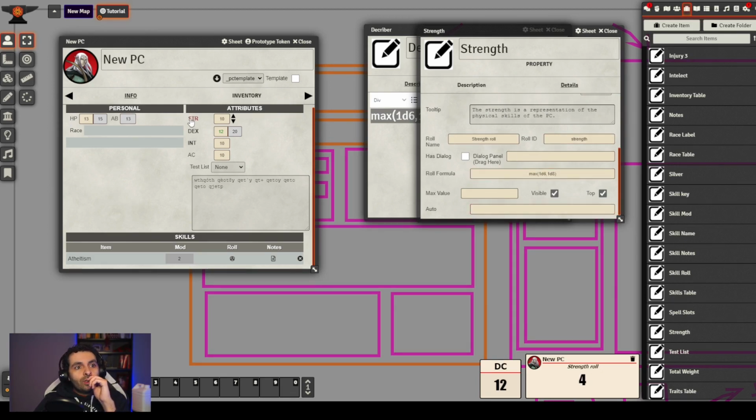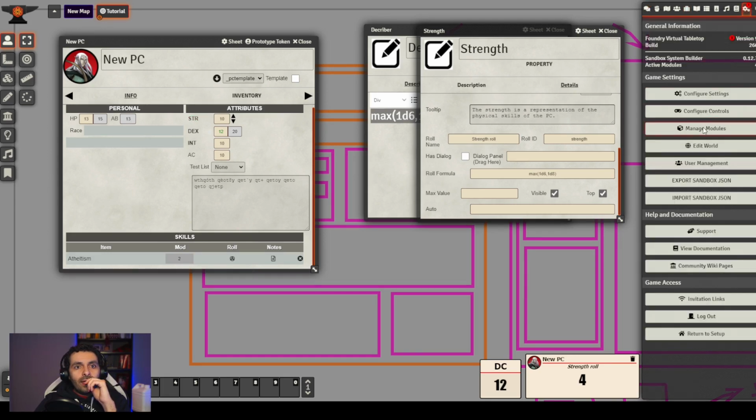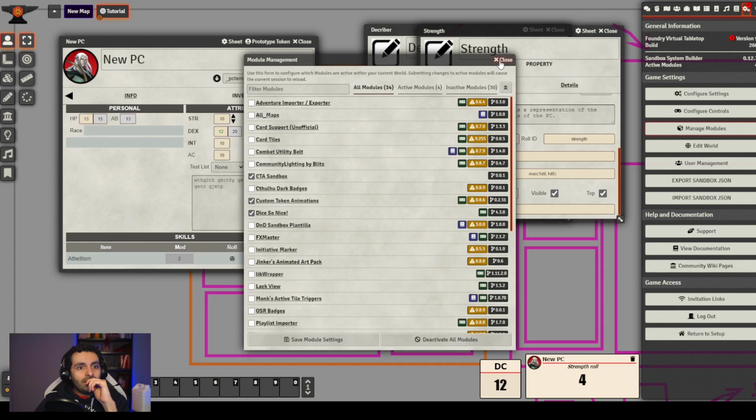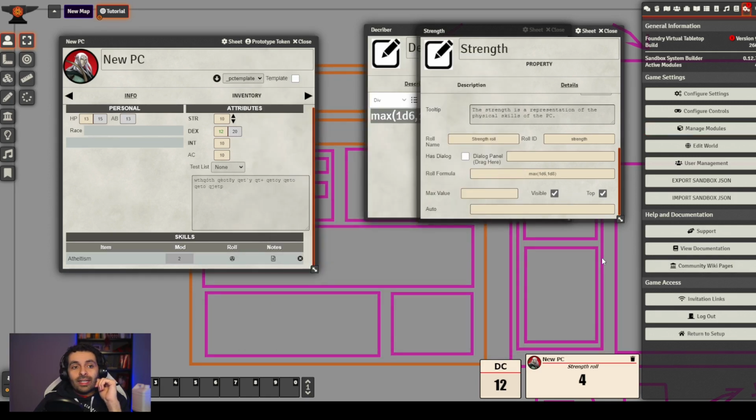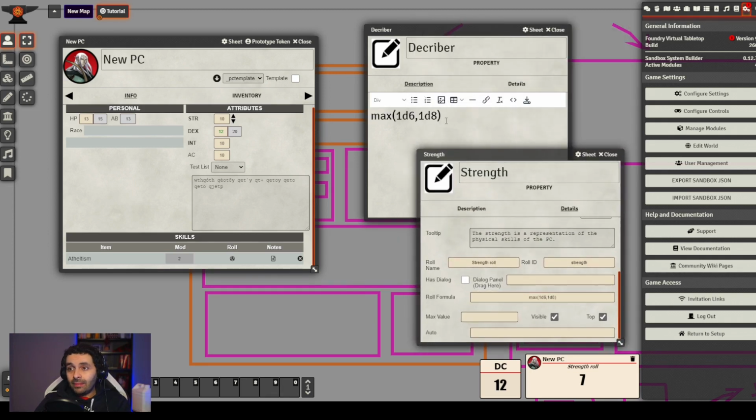Oh, don't I have Dice on Ice active? Yes, I have it. Okay, so what happens is every time I click, I have a different value there. You see, 3, 6. So internally it's rolling 1d6 and 1d8, and we can't see them, unfortunately, because it's not coded that way, and it's returning the highest value. So let me change this so you can see it easily. So if I change this, so max for 8, it must return 8. There you go.